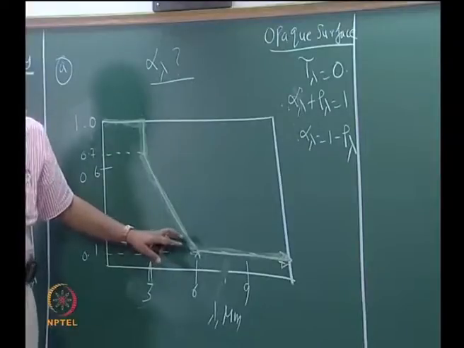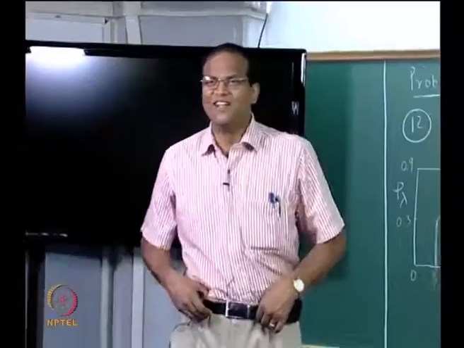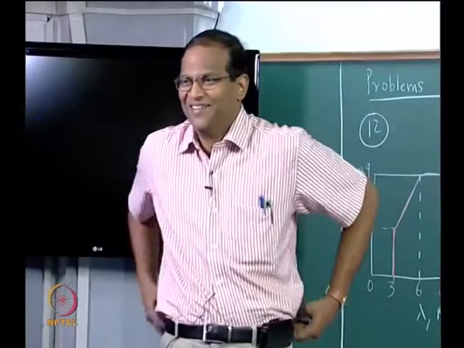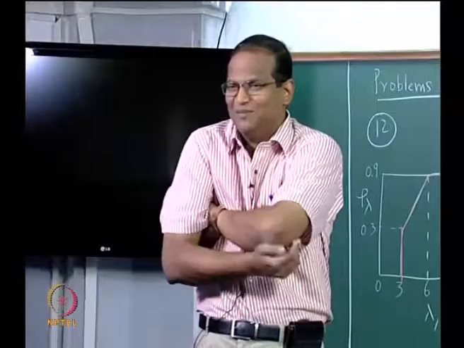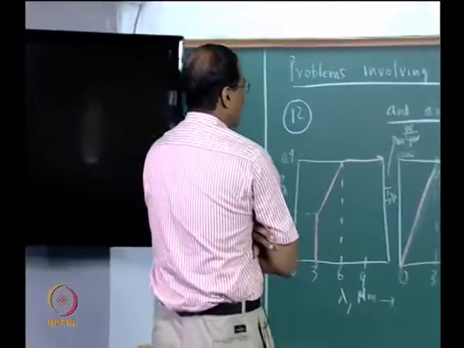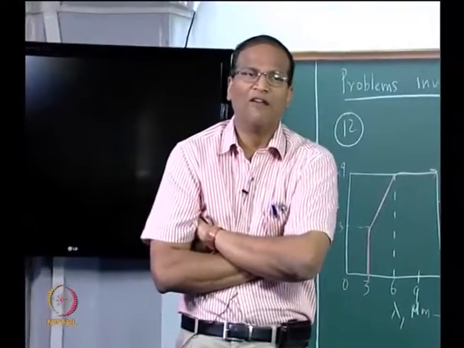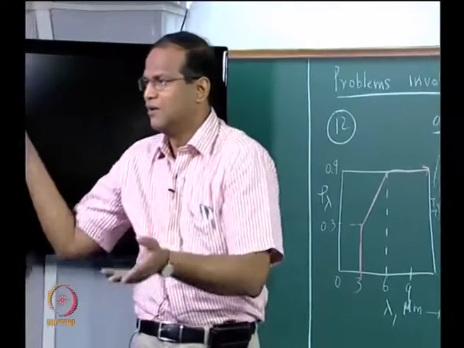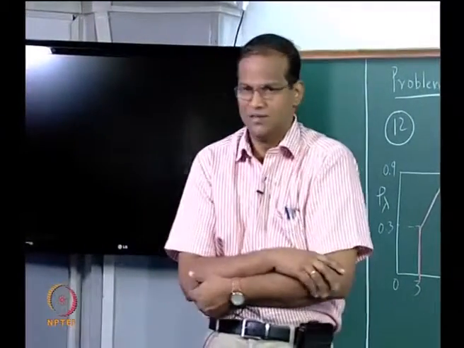Do not get confused, it is not having an alpha lambda with a band like this, just for depiction, that is not the uncertainty associated with that. There may very well be an uncertainty associated with this. Uncertainty can also be estimated using some techniques, let us not worry about that. Okay. So, first part of the story is over, which means now given epsilon lambda, alpha lambda, rho lambda, any of these 3 quantities, so long as it is opaque, you can change one to another, and if adequate data is given you can proceed with the calculations, correct.